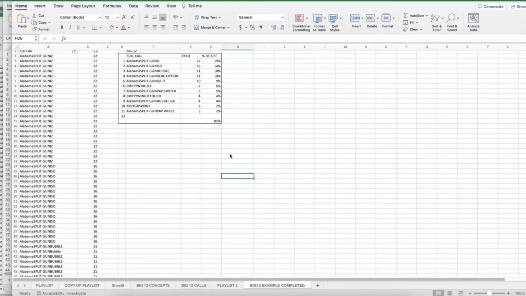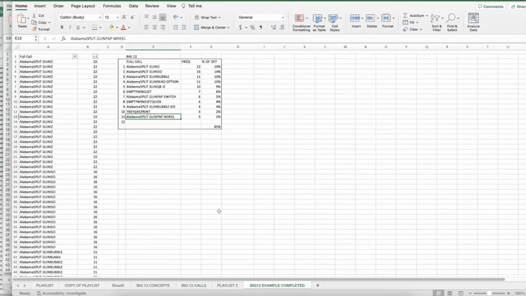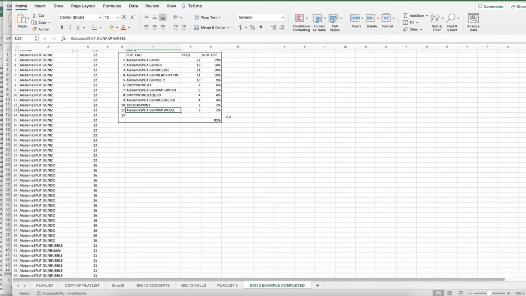This is another team I worked with. We had 11 play calls. This is a 2-game breakdown. All right, 2 games, 11 play calls made up 85% of their offense. So I'm going through and filling in the inside run script right off of this. I'm filling in our 7-on-7 script. We're going to have a lot of bubble in 7-on-7. All right. And I'm getting their main things scripted.